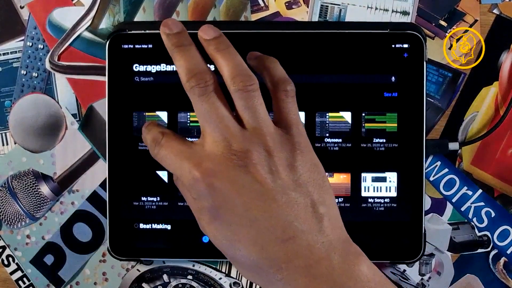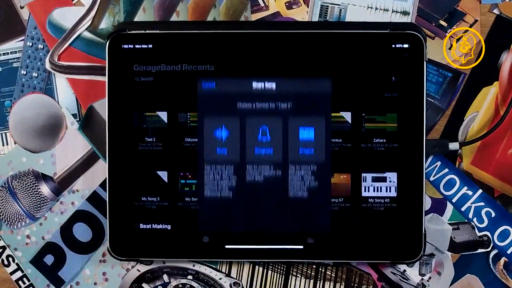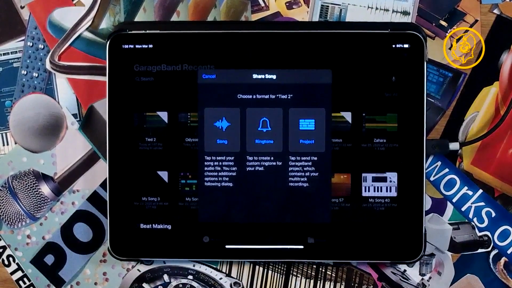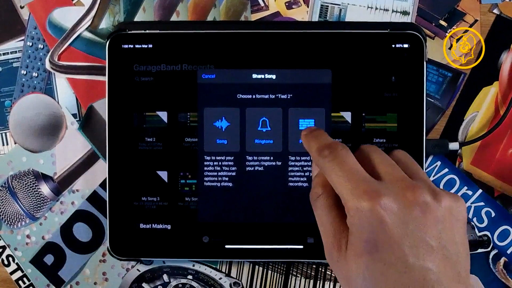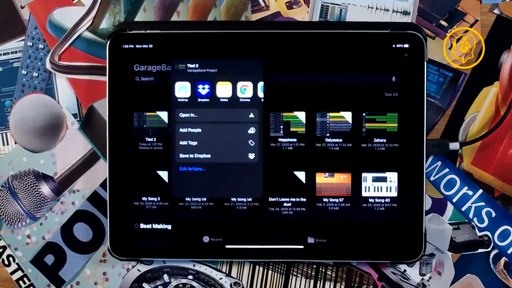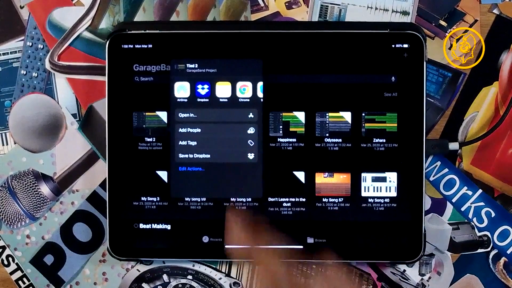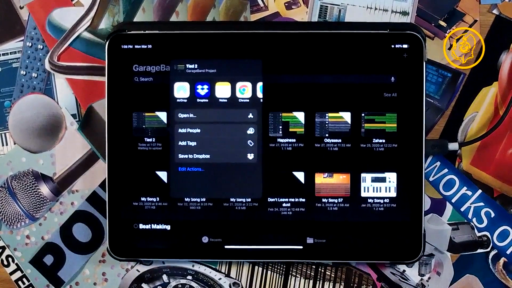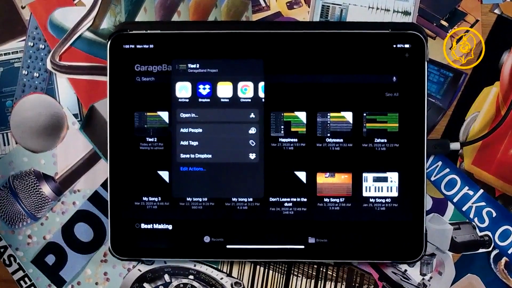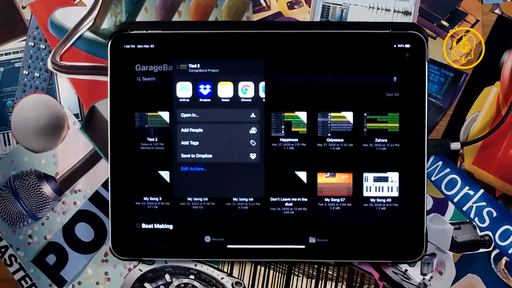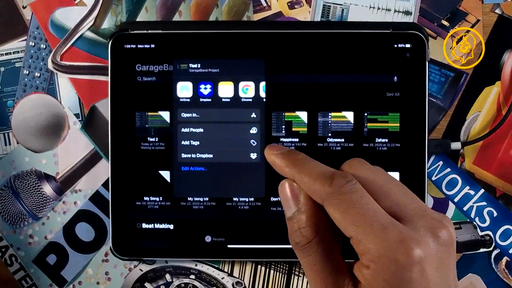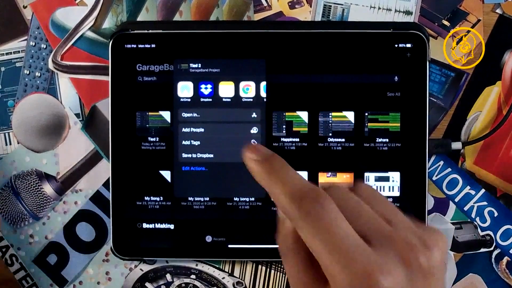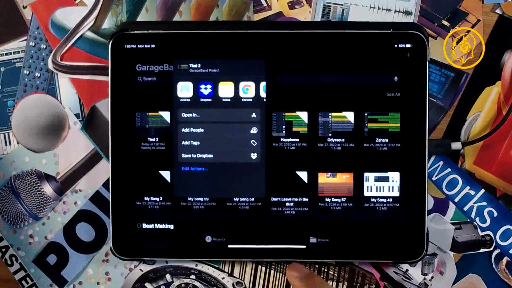But what if you wanted to send a file to a collaborator, someone who actually is going to add a different part to your song? That's where you would hit project. Now here's the tricky part. It's not as simple as sending something, which I thought, because I was trying to work this out with one of the students, and I realized that GarageBand is not so friendly in sending projects.